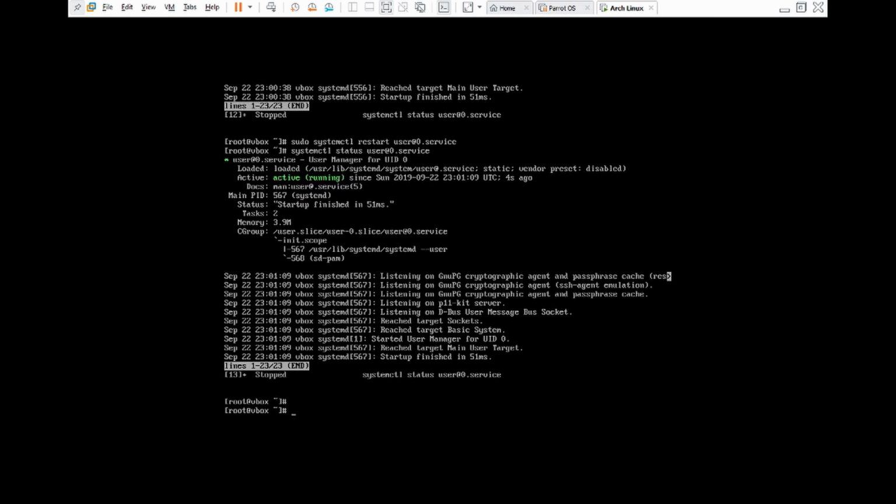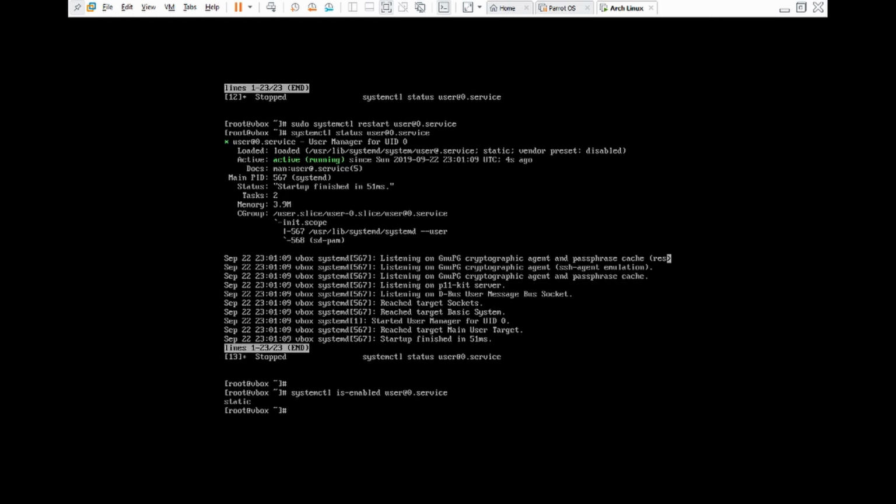The next thing we're going to do is try to find out if the service is enabled. So systemctl is-enabled user@0.service, and it says it's static,